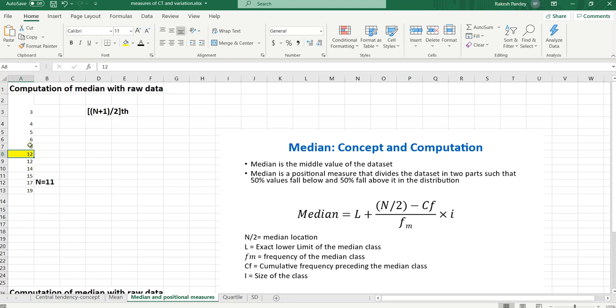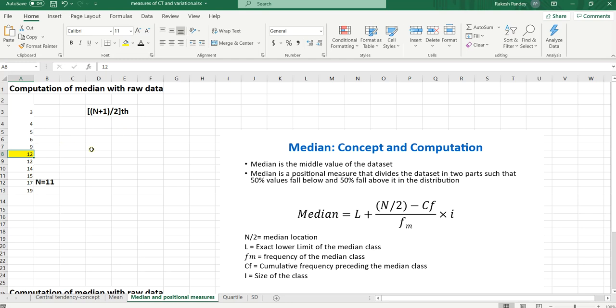In this condition, when the number of data values in any raw data is odd, then (n + 1)/2 will always be a whole number, and then we do not need any other computation; that whole number will tell the position or the location of the median. So at that location, if data is arranged in ascending order, the median will be lying. But if (n + 1)/2 comes in fraction, in decimal,